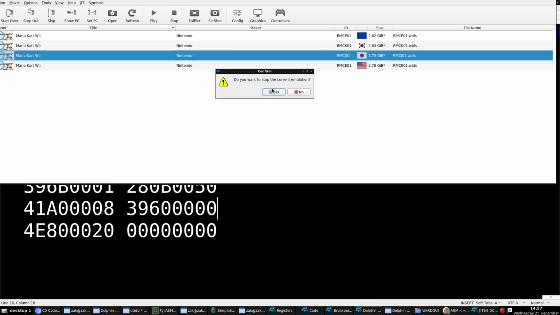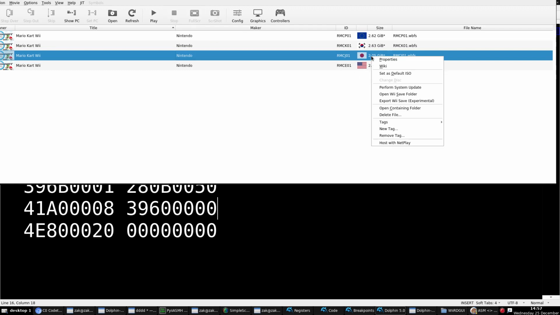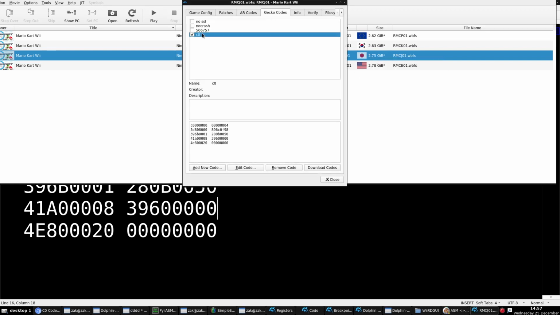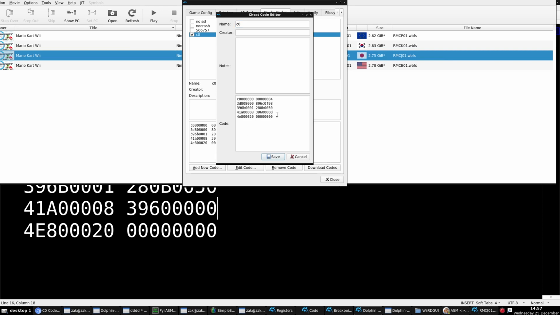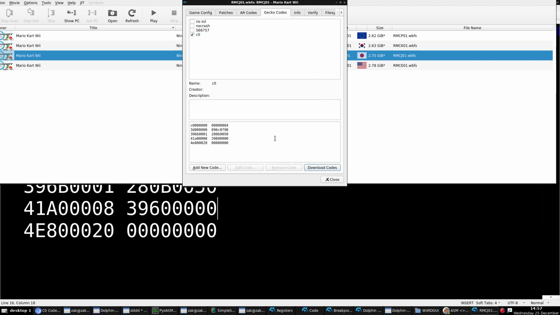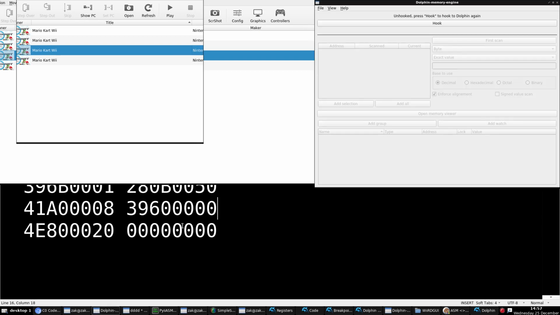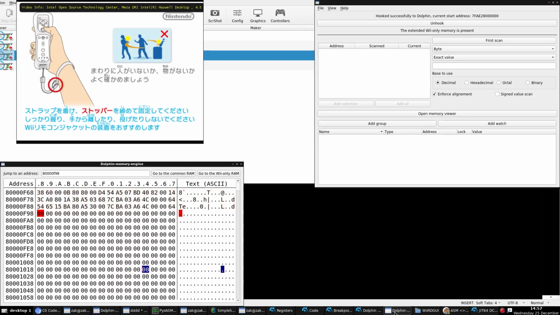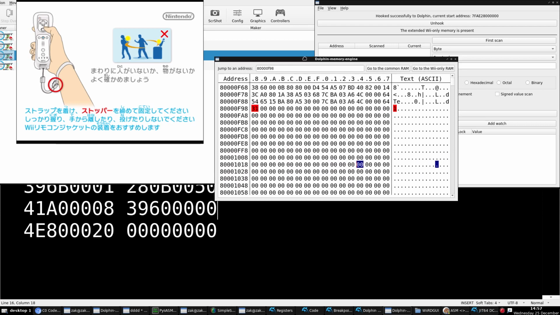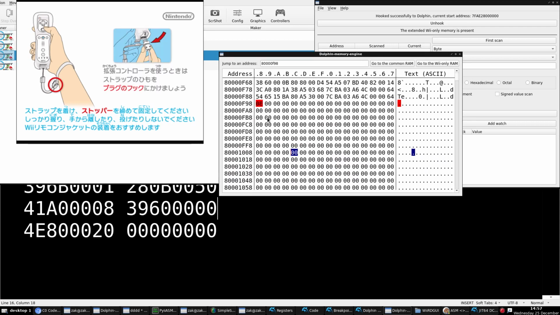We'll force stop. I wish force stop was a default thing in this version I'm using. We'll edit the code. There we go. Put it back. Double check it. Close. Launch. Hook. And there you go. Sorry about that. And as you can see, what it's doing is the moment the number gets read as greater